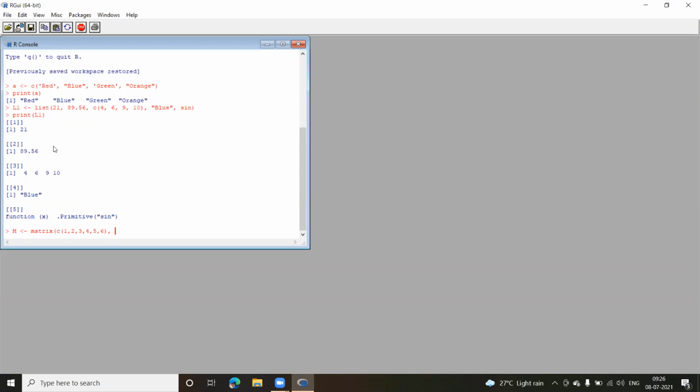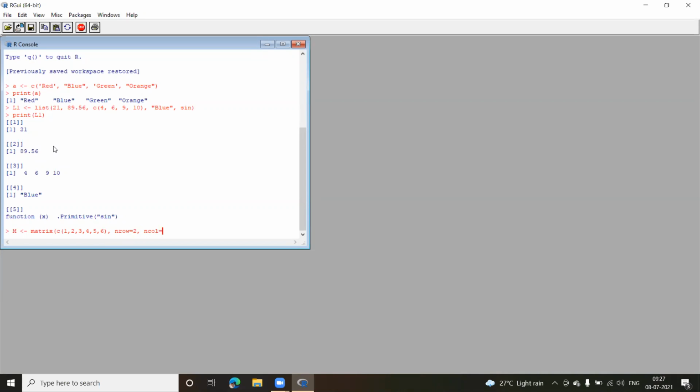The first parameter is the vector which I'm passing to the matrix function. The second is to indicate how many rows I want in this particular matrix. The number of rows and number of columns decide the dimension of my matrix. To give the number of rows, we have a keyword here called nrow. So nrow equal to, let us say 2 by 3, so I can give 2, put a comma, ncol.